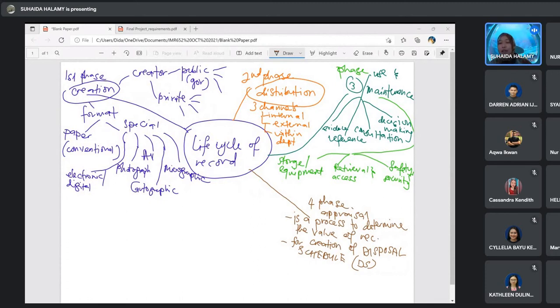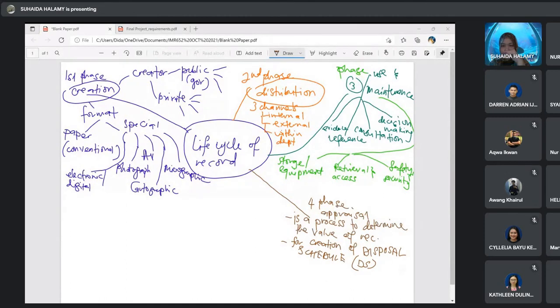Awang Khairul, are you here? Can you help Ilyasa? Yes, Awang Khairul. Saya head of department. Legal advisor. Saya jawab, Miss. Siapa tu? Iqbal. Silakan, okay Iqbal.